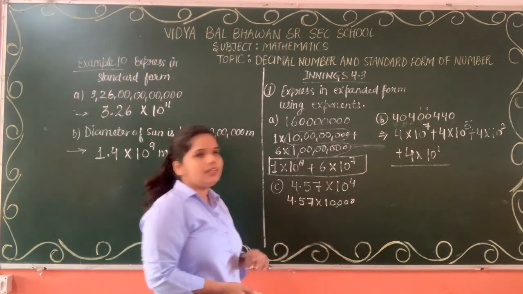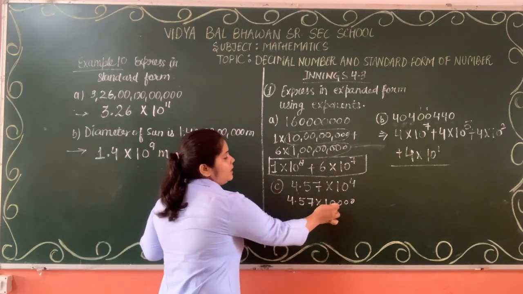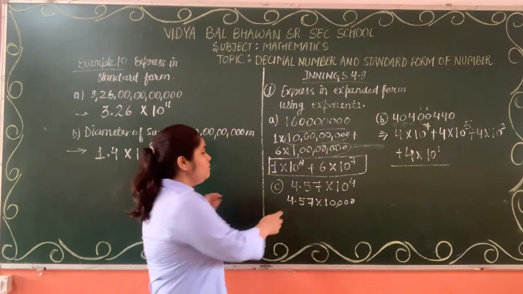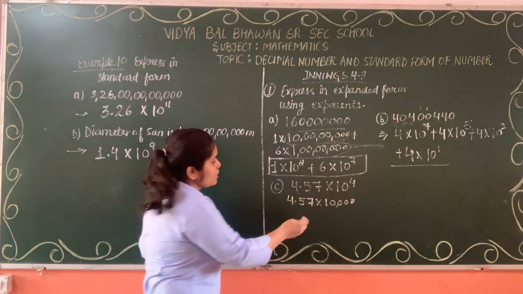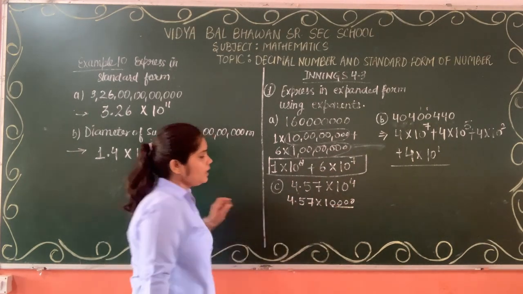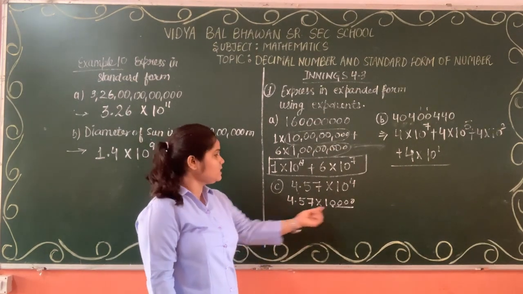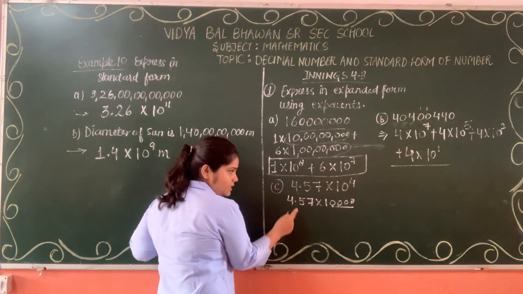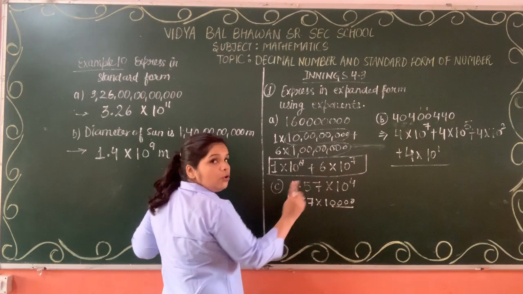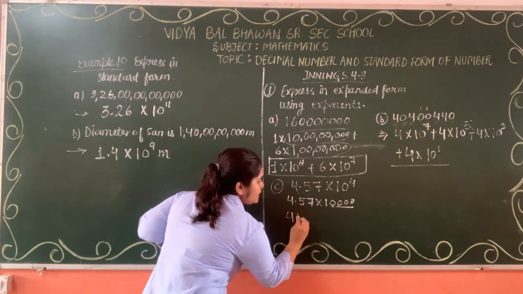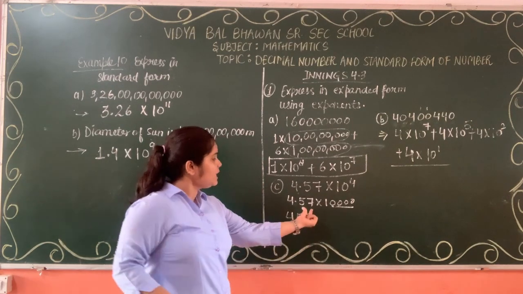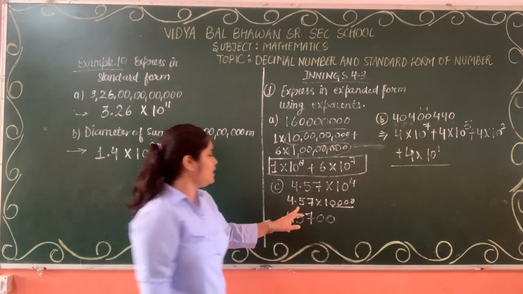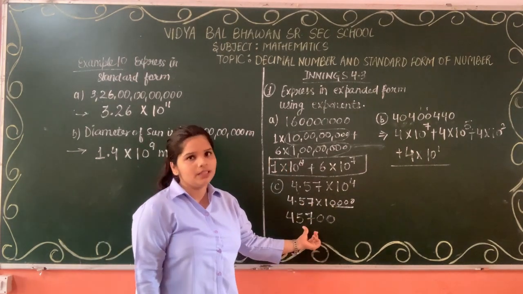When you multiply this, we have studied this multiplication of decimal number with 10, 100 or 1000. What we do, we shift this decimal to the right side. So till how many places we have to shift this decimal? 4 places. It is here only. So it will shift 4 places to the right. So 1 place, 2 places. 2 places are here only. Now we will write 2 more places. So when you multiply this number with 10,000, you get this simpler number, this one.